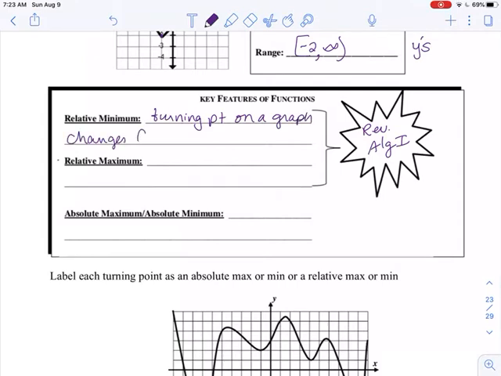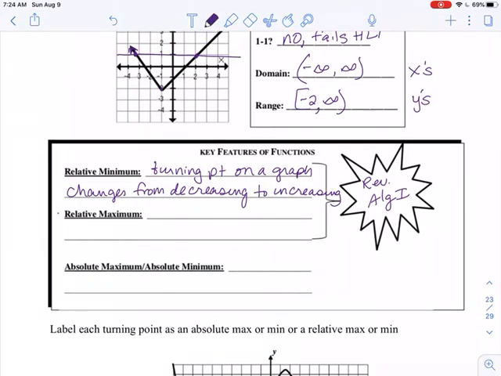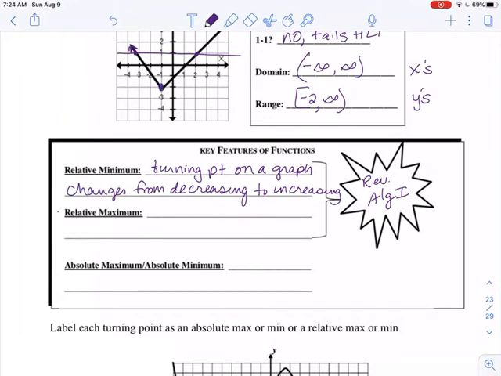Changes from decreasing to increasing. It's like a little valley. So if we're looking at the graph up right here, this point at -1, -2 is a relative min. I'm changing from decreasing. Look how I'm decreasing, and then I go to increasing. It's like a valley. A relative max also is a turning point,